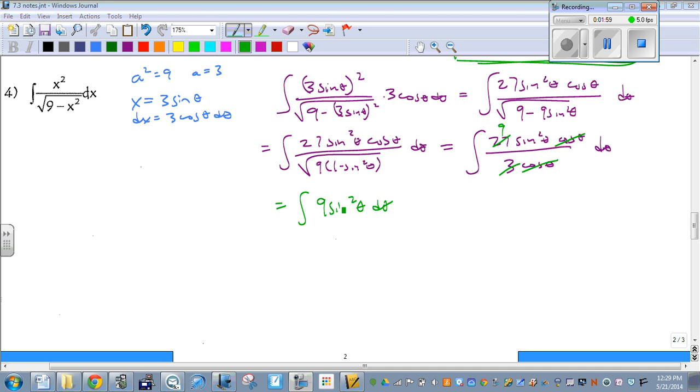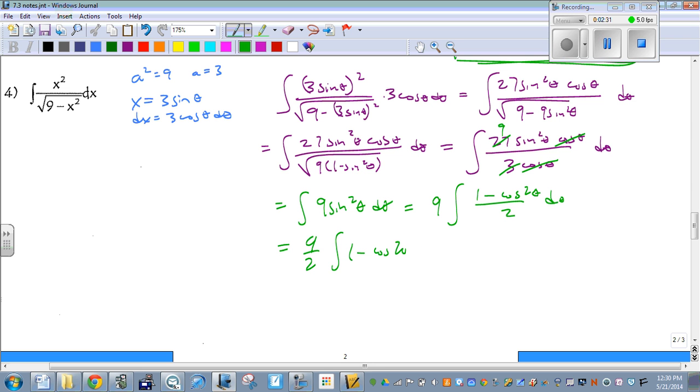This is like one that we had last section, sine squared of theta. We can rewrite that. I'm going to pull the 9 outside the integral, and the sine squared I'm going to rewrite as (1 minus cosine of 2 theta) over 2, d theta. So we can bring that half out in front with the 9 also. So we've got 9 halves times the antiderivative of 1 minus cosine of 2 theta